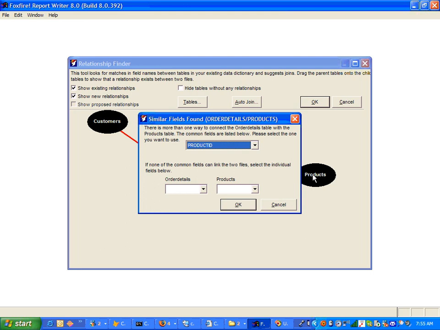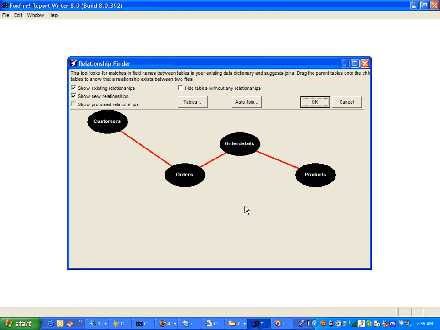Now, when I select it between order details and products, it has identified that there's more than one way to connect the two tables. And so what it does is it lists off for us the common fields. In this case, we have common fields of product ID and unit price. Well, unit price is probably not the right field that we want to connect these two tables on, so I'm going to choose product ID and click on OK. And now the relationship has been built. When I click on OK,